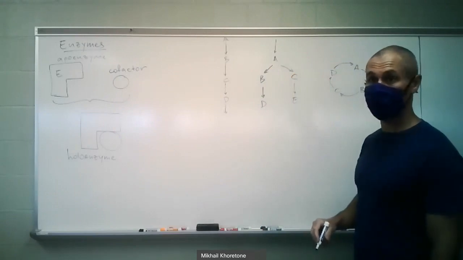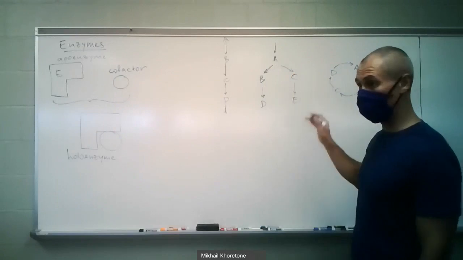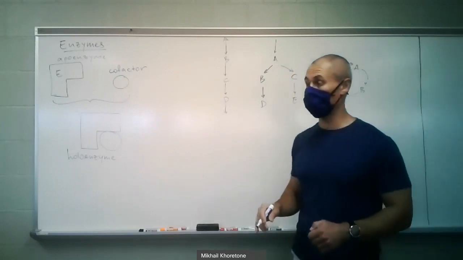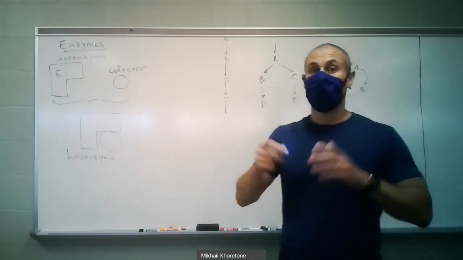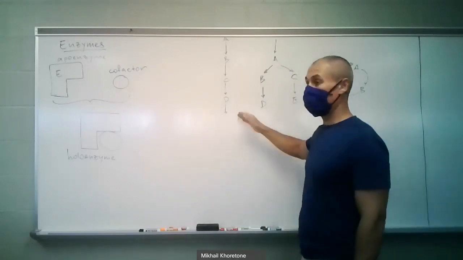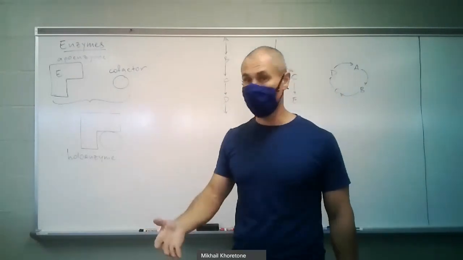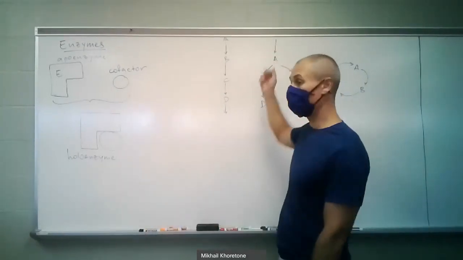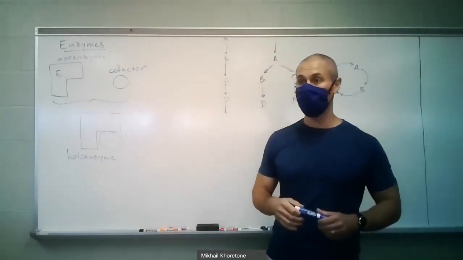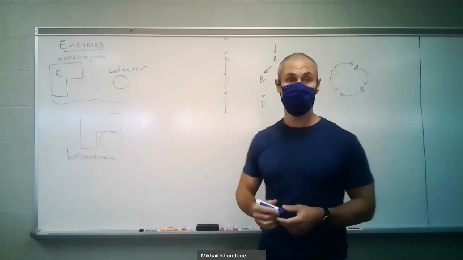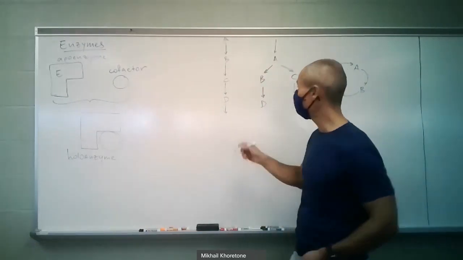Does that make sense? All of those are examples of metabolic pathways. And A, B, C, D, all these letters, represent certain products, certain intermediates. What I want to make very clear is that sometimes a product of a pathway